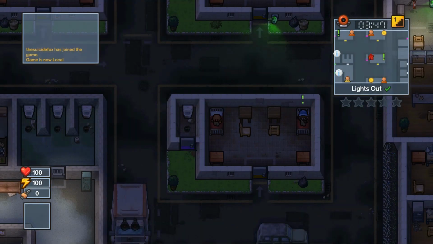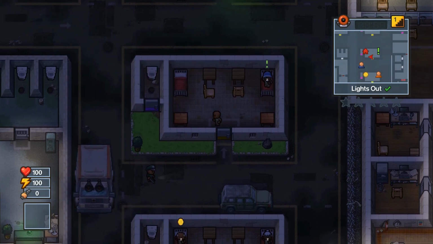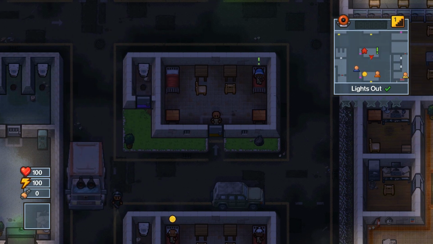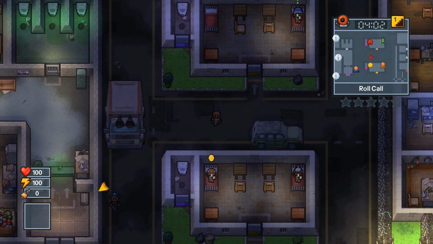We are on Glorious Regime, and this is a cold case. Now, this escape is pretty easy to do. It mostly comes down to RNG. There are some ways that you can reduce the RNG slightly, but what we're going to need is a duct